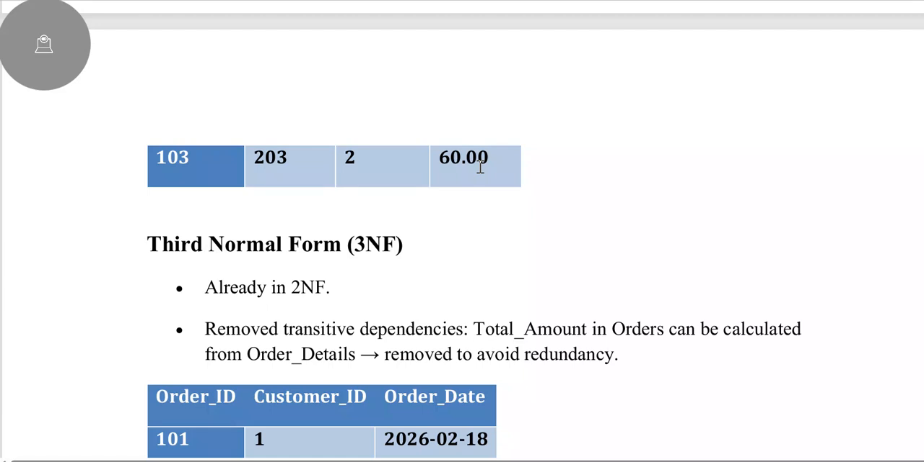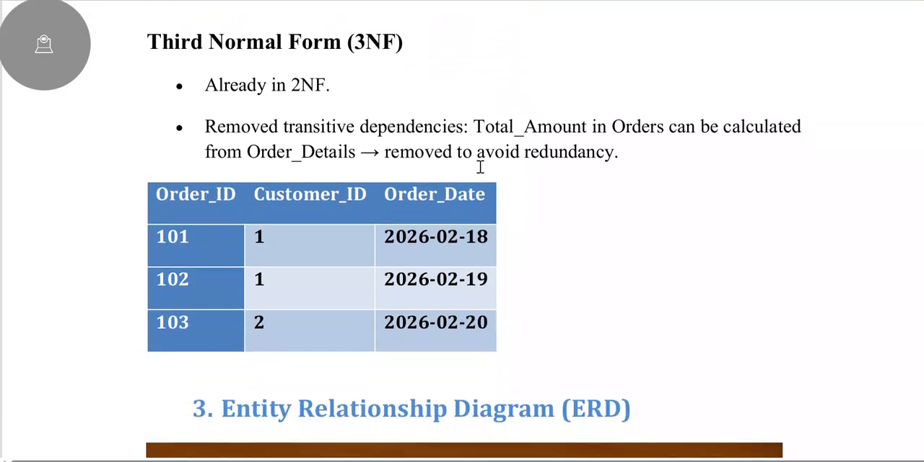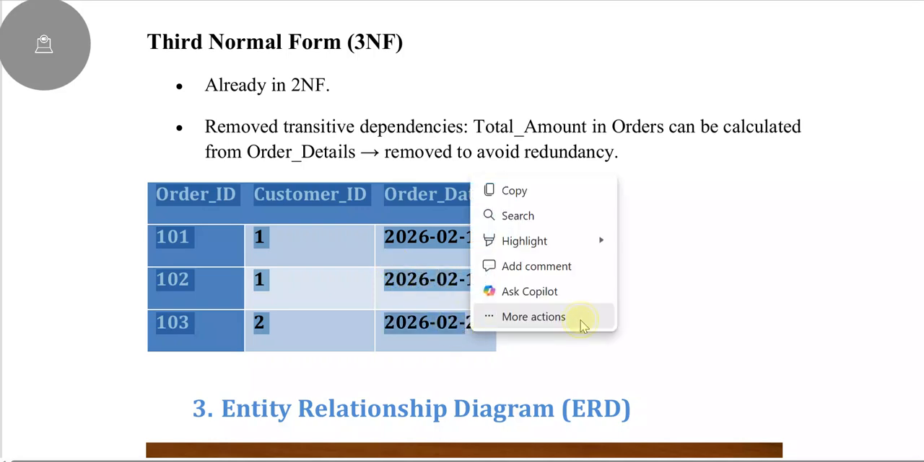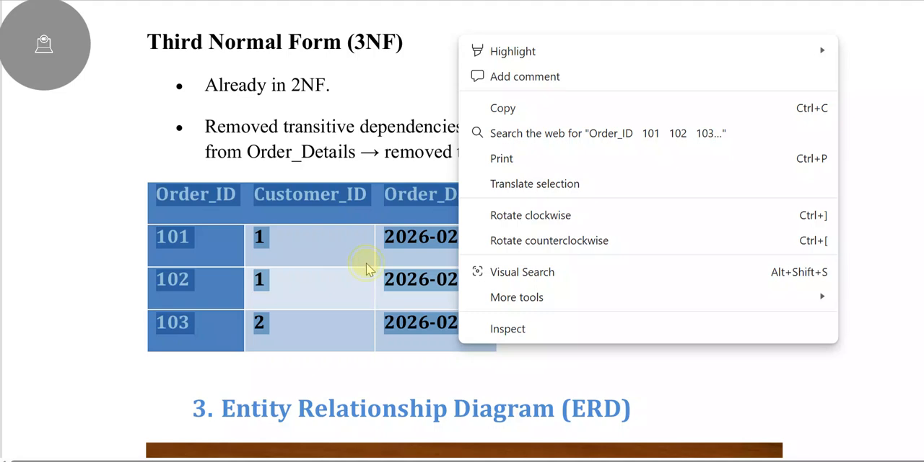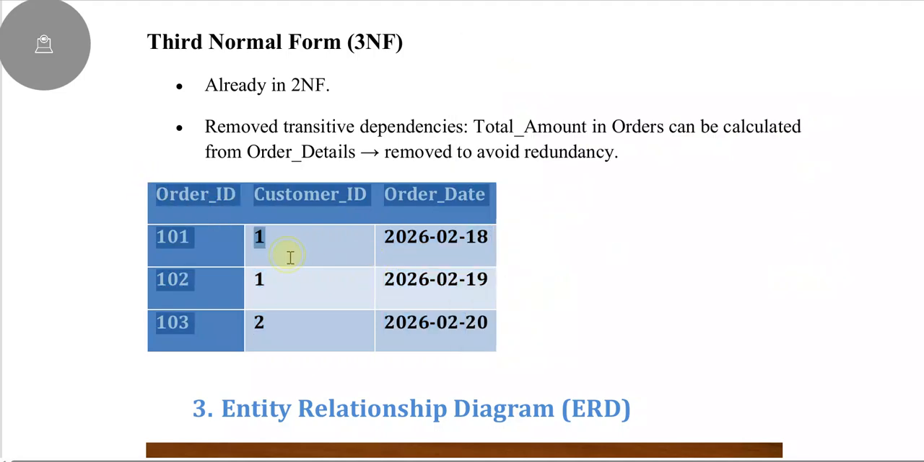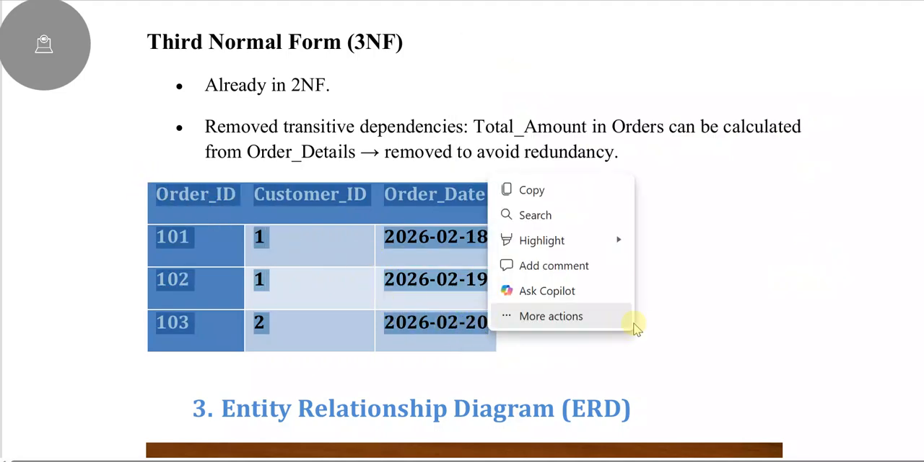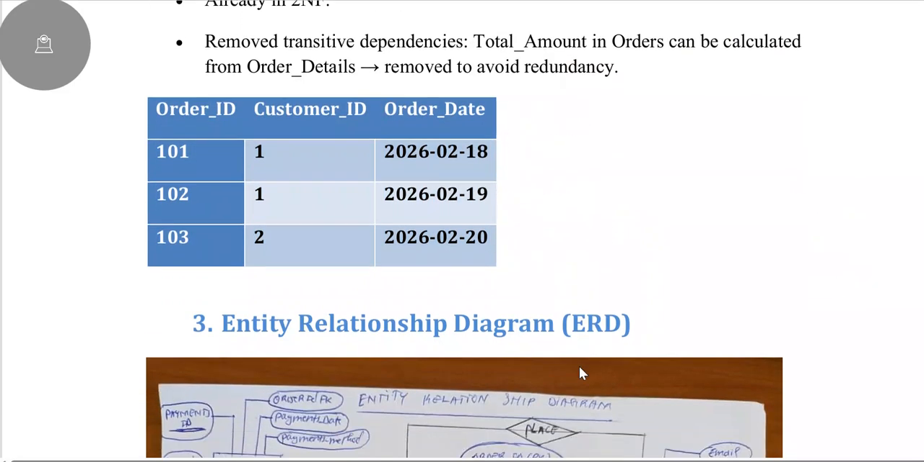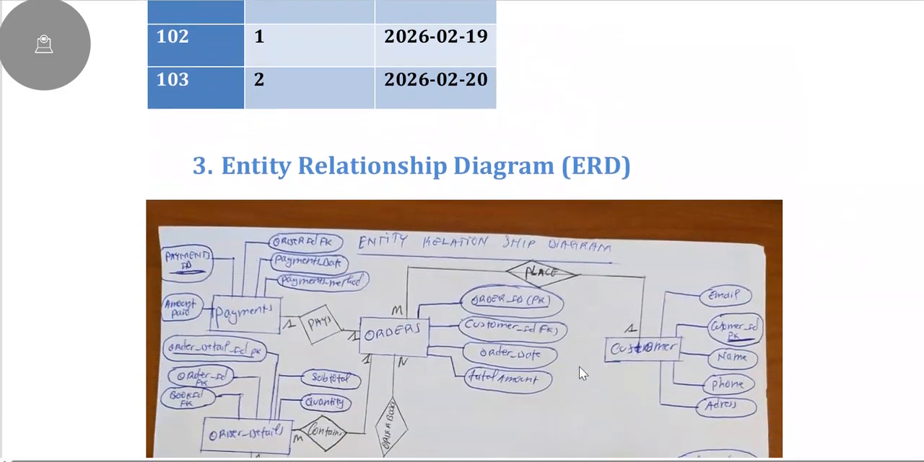transitive dependence. Total amount in orders can be calculated from order details, so it is removed to avoid redundancy. As you see in this table, we have made the inner join of the tables, but no redundancy of the data is available here. And the third topic you have asked is to design the entity relationship diagram or ERD